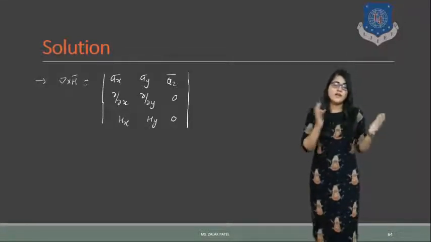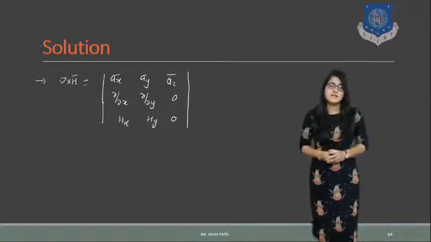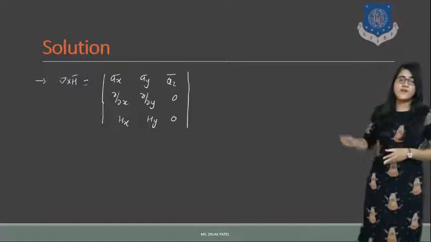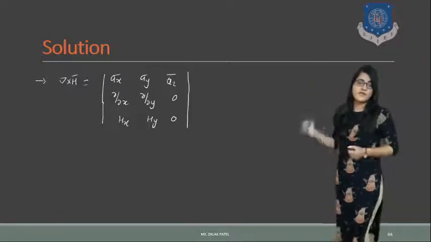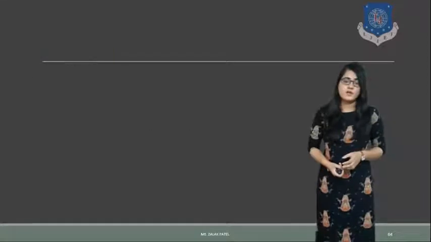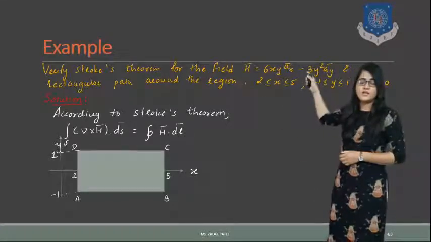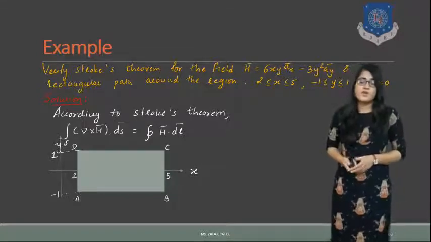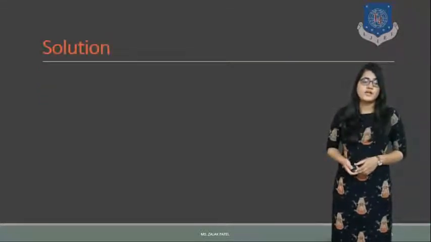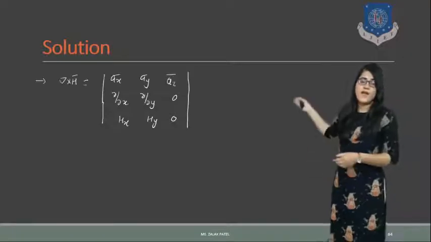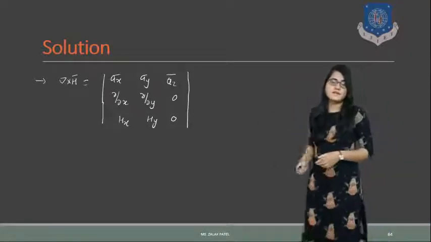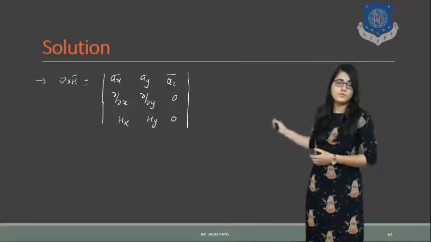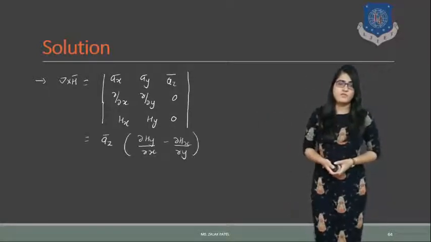First of all, let's do it for the surface integration of del cross H dot dS. For calculating this, you need to first find the curl of vector H. In the problem statement you have two components, in the x direction and the y direction, but you do not have a component in the z direction. So Hz is 0 and del by del z is 0. Hx and Hy are there, so you have to put the values of Hx and Hy over here.